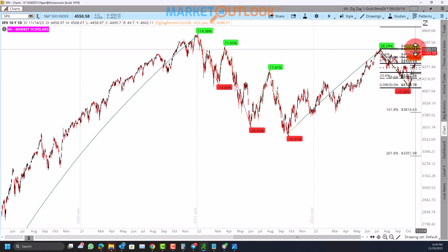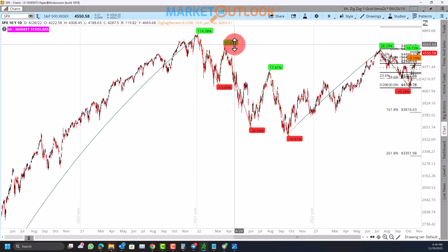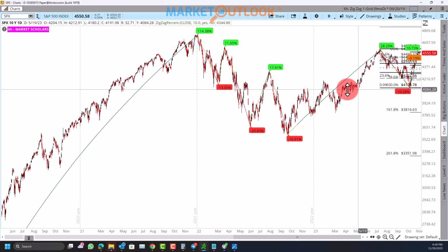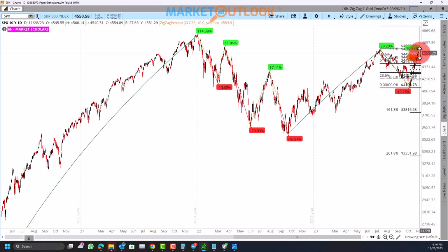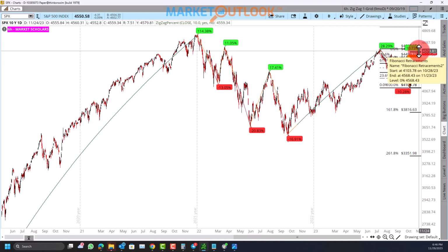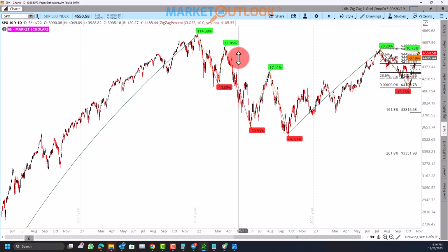We rallied 10.75%. We haven't even rallied as much as we did last March, coming off of a low that was slightly lower than what we saw last March. So it kind of gives you an idea that this is hardly a unique move. It's hardly a unique move at all. And again, barring whatever catalyst sparks whatever kind of retracement, we might not get